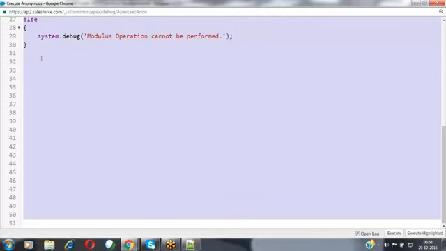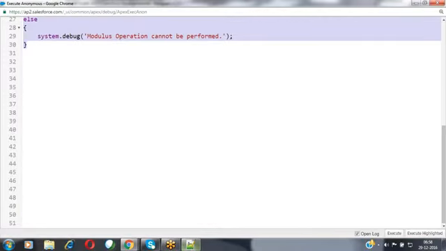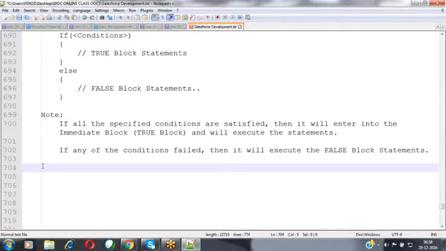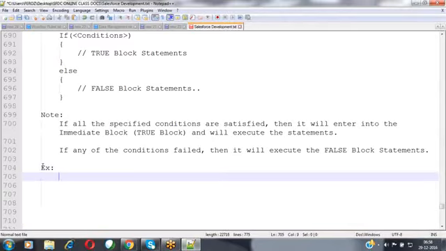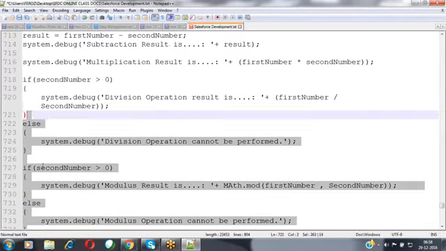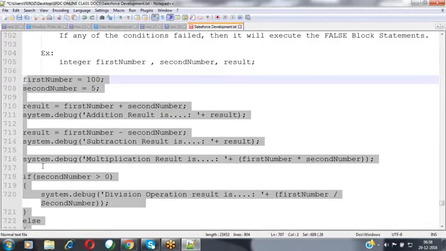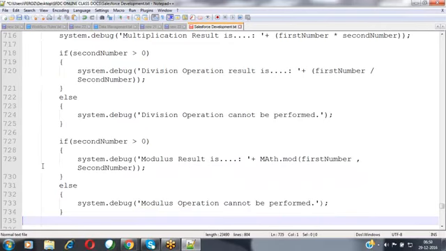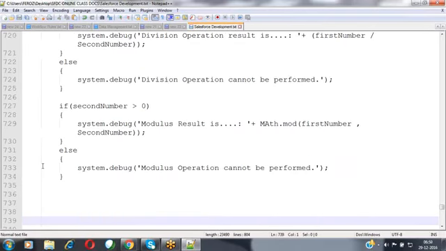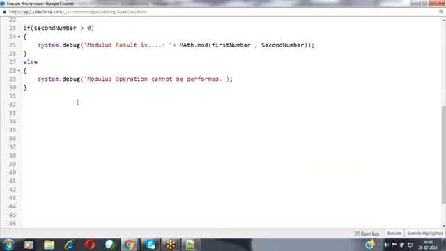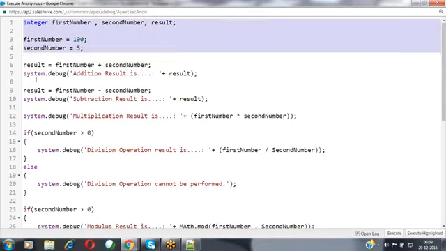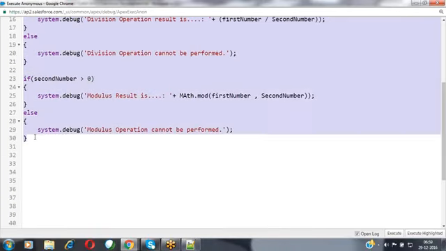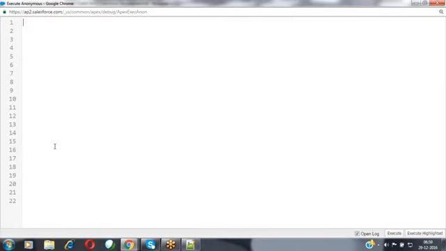Now, this is an example for this. Let's see a small program over here. Let's take a small example.